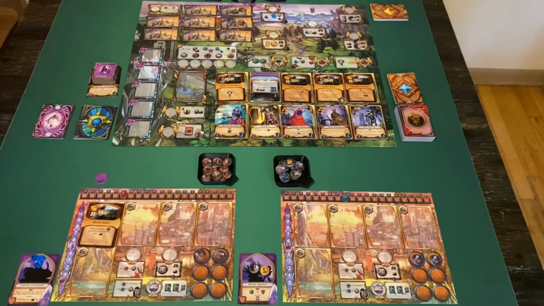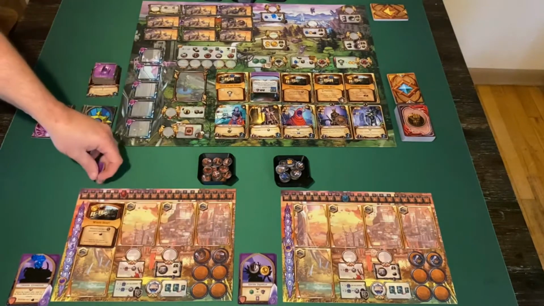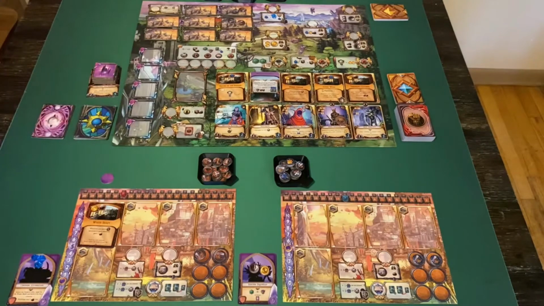So this player is first player because they have this. It should look like that, but this is a prototype. And they're going to take an action. So what they're going to do is,